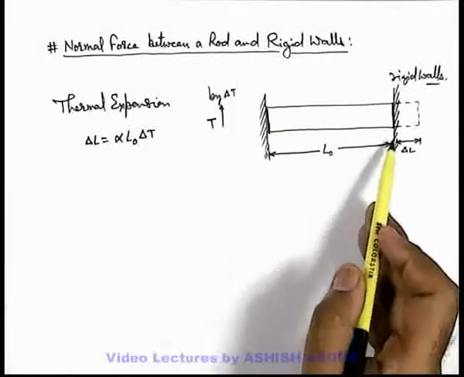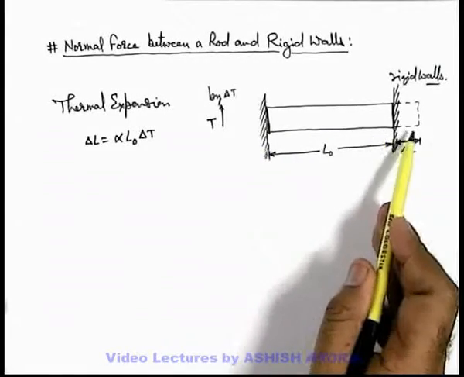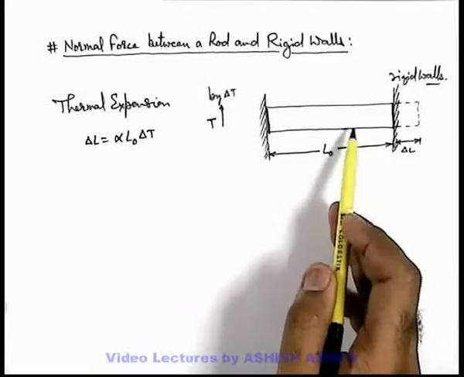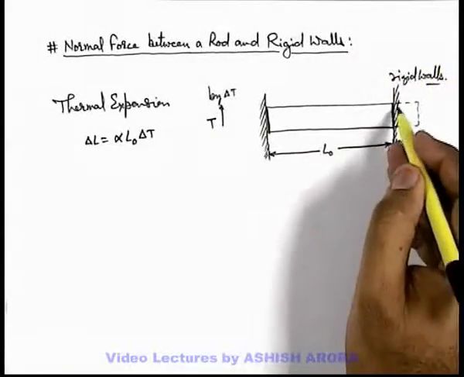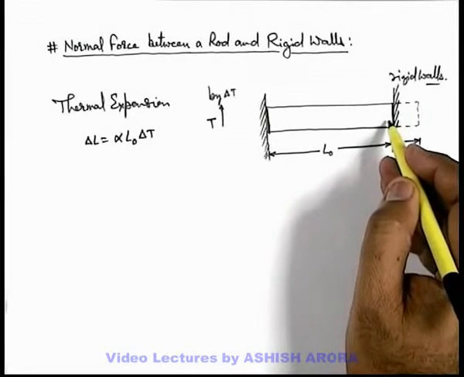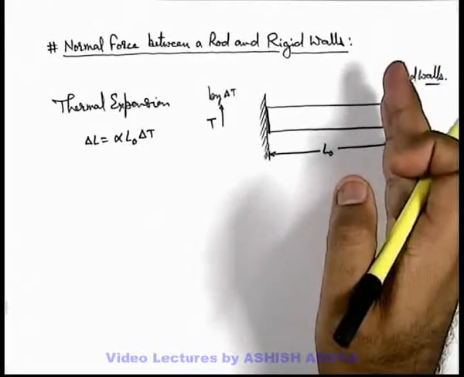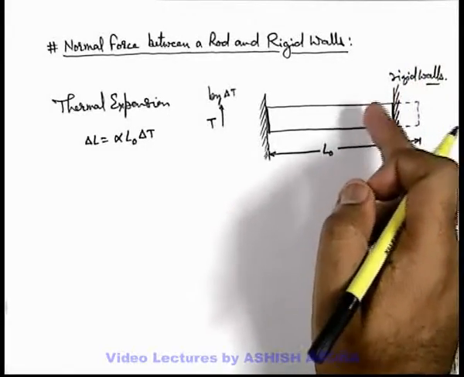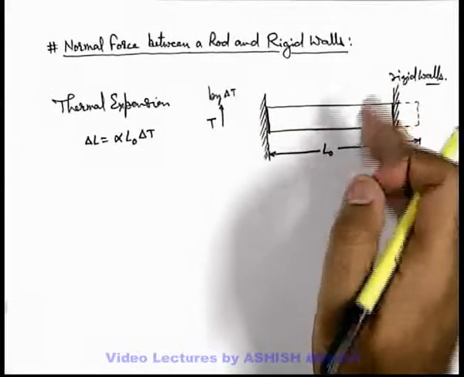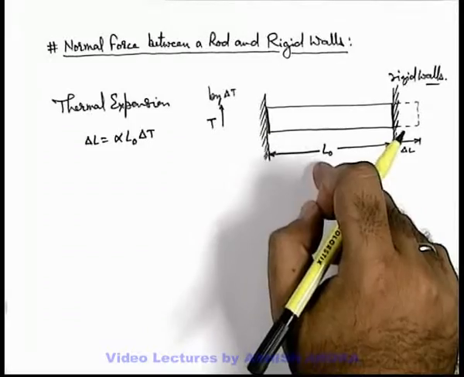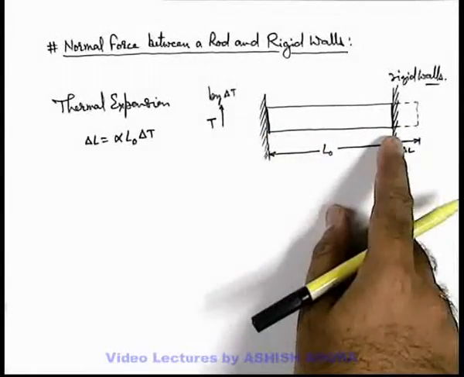But as both the walls are present, whatever amount of length is expanded due to thermal expansion will be compressed simultaneously by the rod due to elastic contraction. So in this situation we can see that if the rod is expanded, then by applying a force between the rod and the two walls, the rod is compressed back to the initial length L0. Or you can consider it like, initially it is just placed between the two rigid walls.